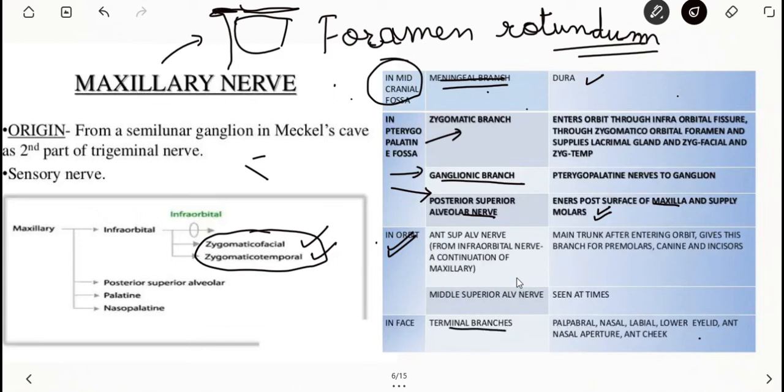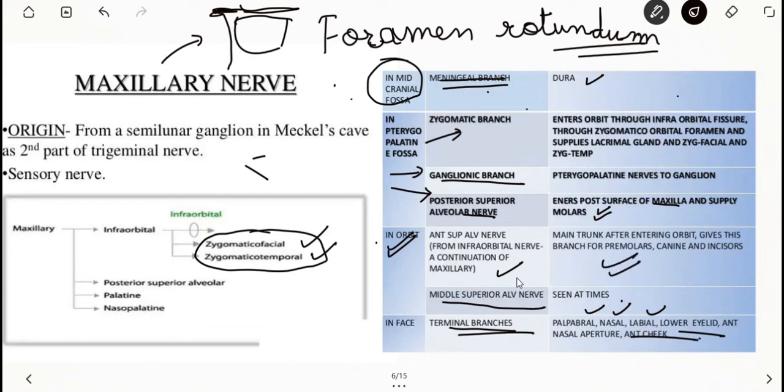So in the face there are terminal branches: palpebral, nasal, labial. Also it has a middle superior alveolar nerve and anterior superior alveolar nerve. The middle superior alveolar nerve arises in the infraorbital groove and supplies the upper premolar teeth. The anterior superior alveolar supplies the upper incisor, canine, maxillary sinus and antero-inferior part of the